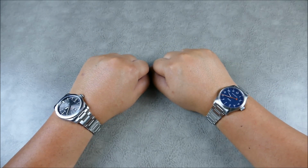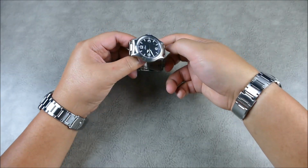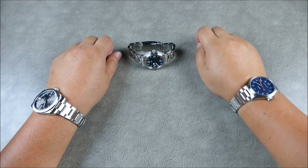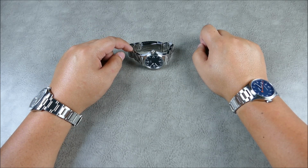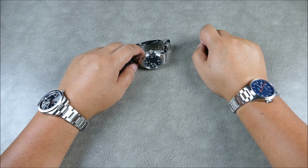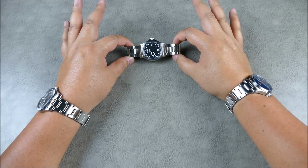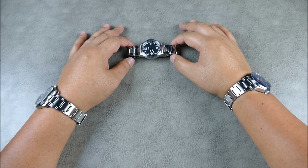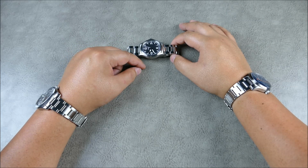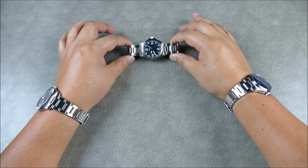They wear really, really well. And honestly, in comparison to something like this, to my Zen, it gets left out. I honestly don't wear this as much. If you're a fan of the channel, you might know that I recently compared this to the newer Seiko Alpinist. And it's a very similar experience you get with the Alpinist and with the Zen, because